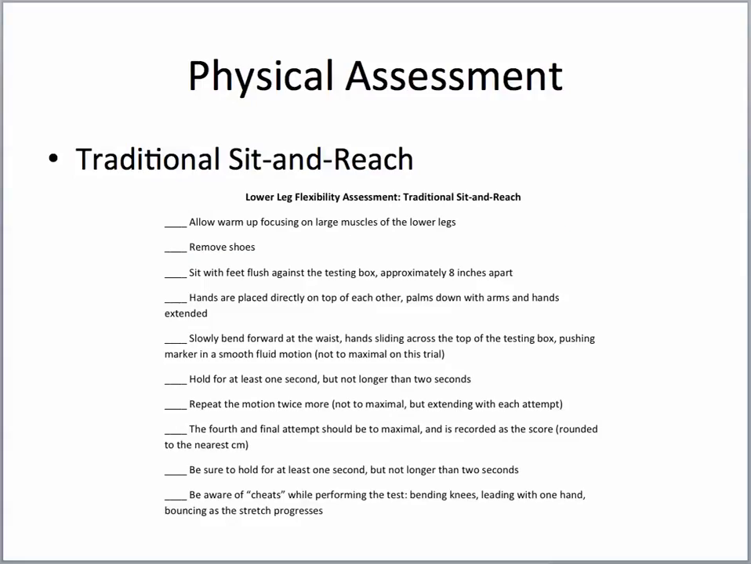So the first thing that I would like you to include is a physical assessment. And you can see here that the physical assessment that I chose for flexibility was the traditional sit and reach. And I've gone through and I've included a step-by-step checklist, if you will, of how to perform the traditional sit and reach. When you do this in your presentation, what I would like for you to do is to go